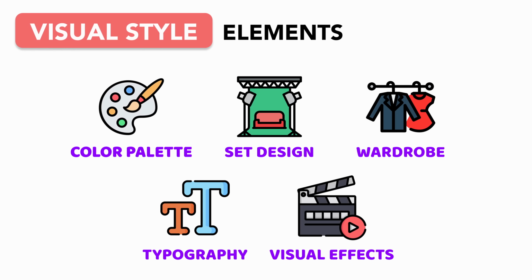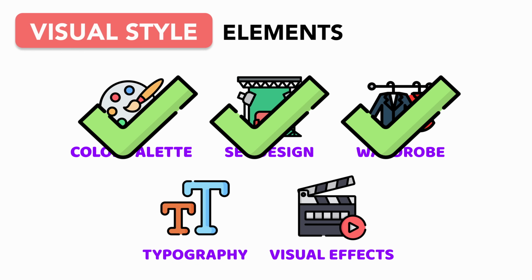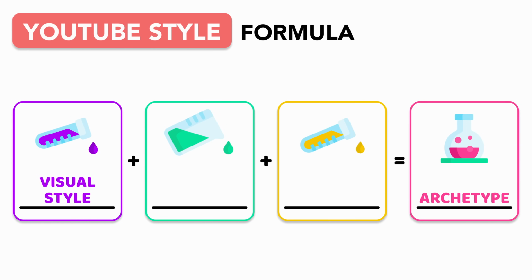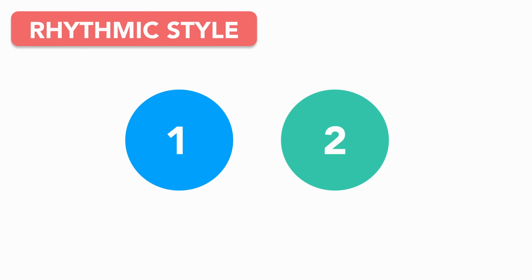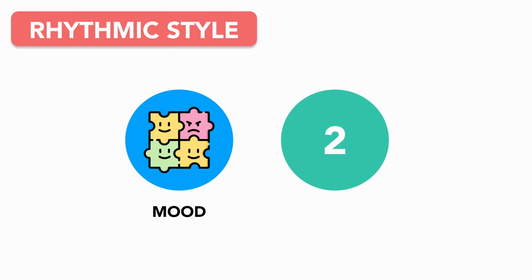And with that, we've officially assembled all 5 visual style elements. And with your visual identity in place, it's time to move beyond what your videos will look like and into how they feel. Which brings us to the second core style element, rhythmic style. Your rhythmic style is what determines the flow and energy of your videos. Are they intense or cozy, laid back or cartoonish? And when it comes to shaping this feeling, there are 2 key factors that determine your video's rhythm: mood and